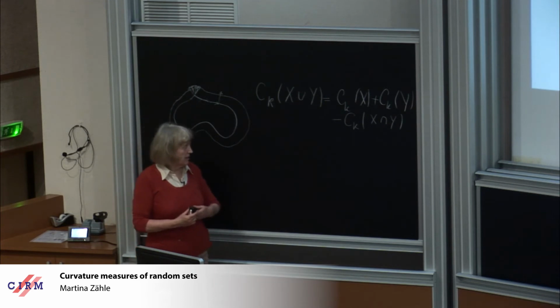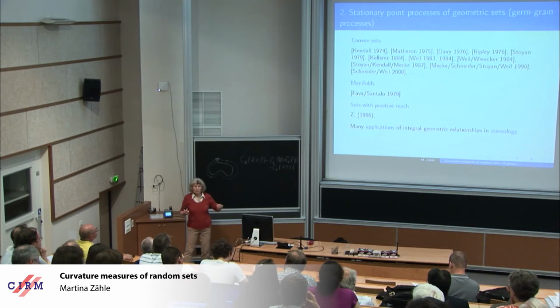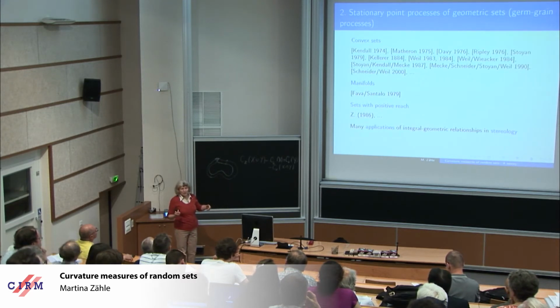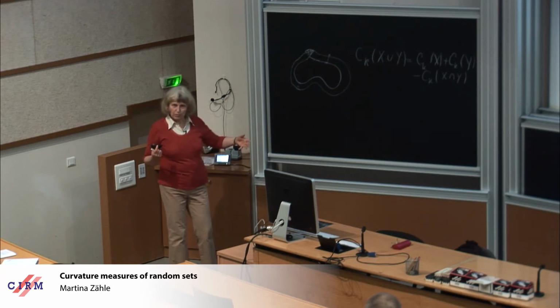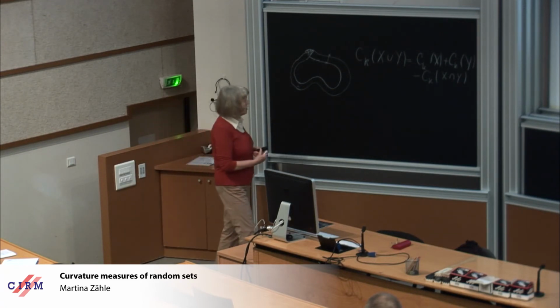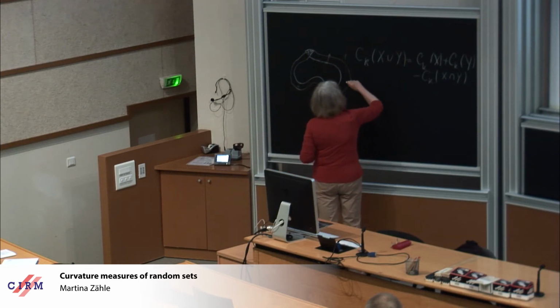You could simply take the inclusion-exclusion principle and then extend the formula, but then you should show that it's independent of the representation. And this is a difficult part, but here the explicit representation plays a role. You do not need the inclusion-exclusion principle for a definition. This is the advantage of the explicit representation. So this is the first important property, additivity.